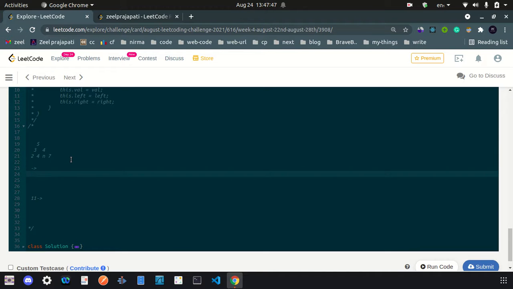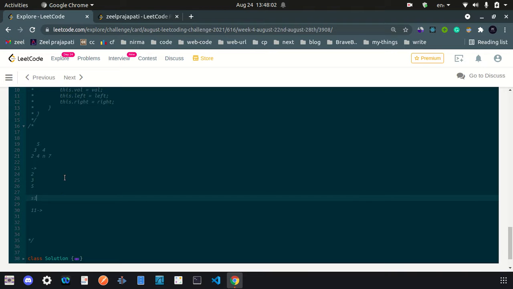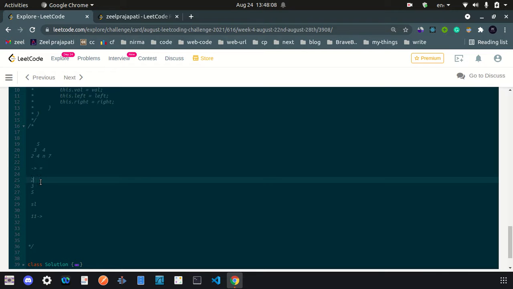So we are at 5, then we put 3 and 2, and 5. So here is our first stack, let's say S1 or SL. In the next stack we are going to put values till the maximum value.